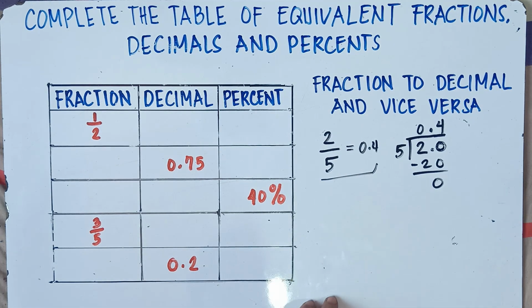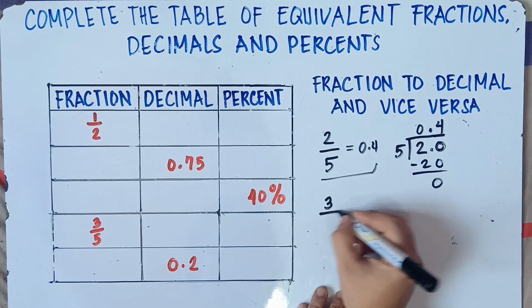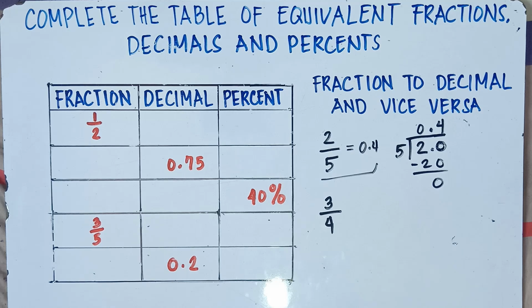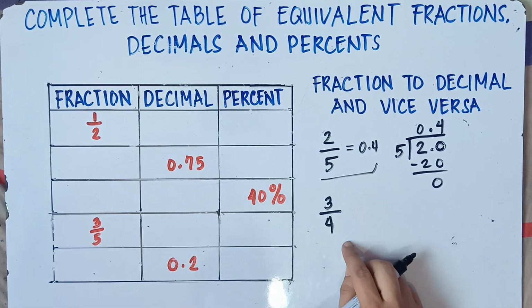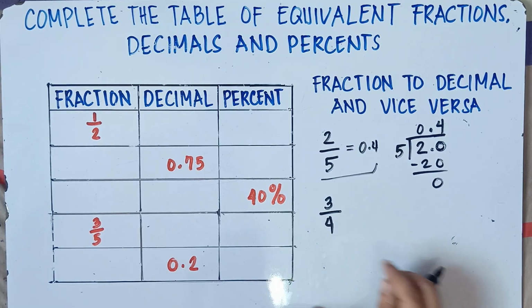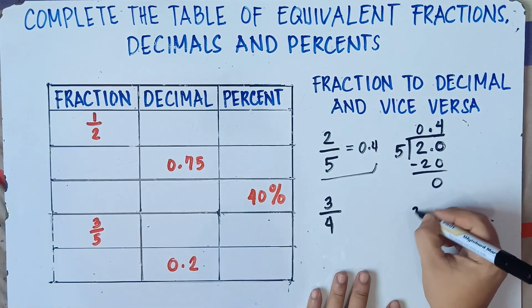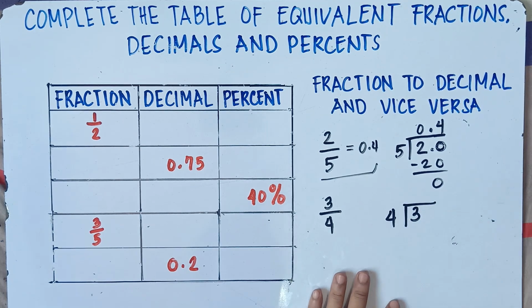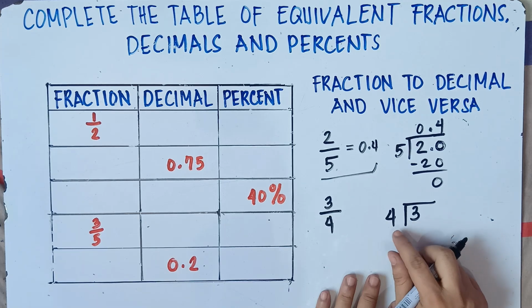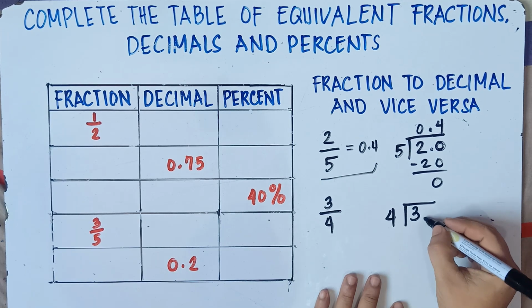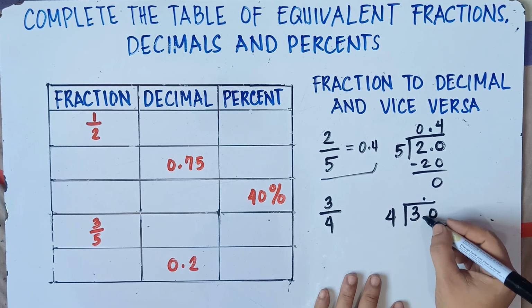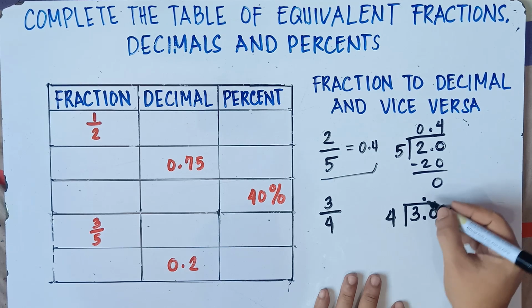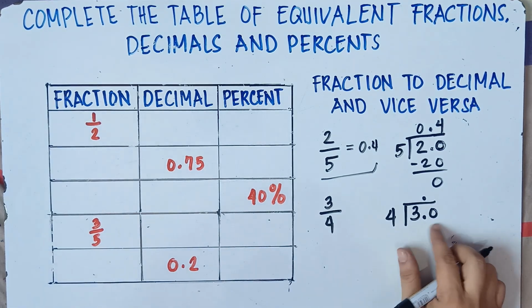Let's have another example. What if we say 3 over 4? 3/4. Of course, some of the students already know the 3/4, that would be 0.75. But the question there, how will you convert 3/4 into 0.75 if you do it manually? So that would be 3 divided by 4. Of course, 3 divided by 4, that cannot be. So we need to add a 0. And then you put a point. Since you add a 0 here, you have a point, so you put a point on the top. You align, class. And you think of this one as 30.